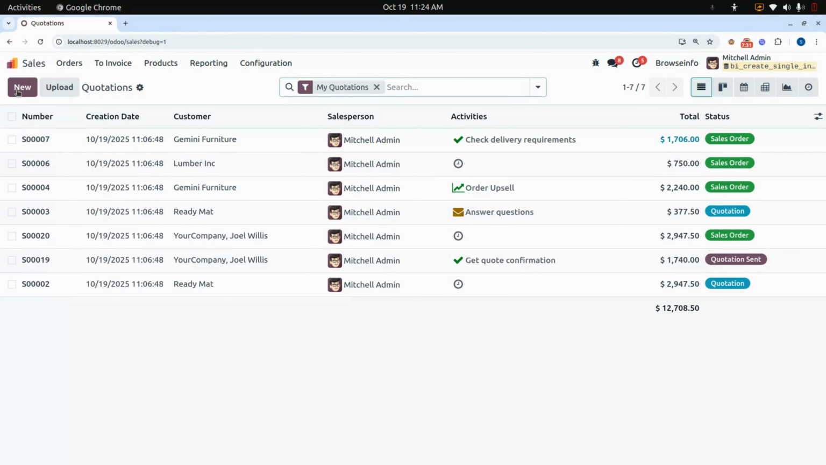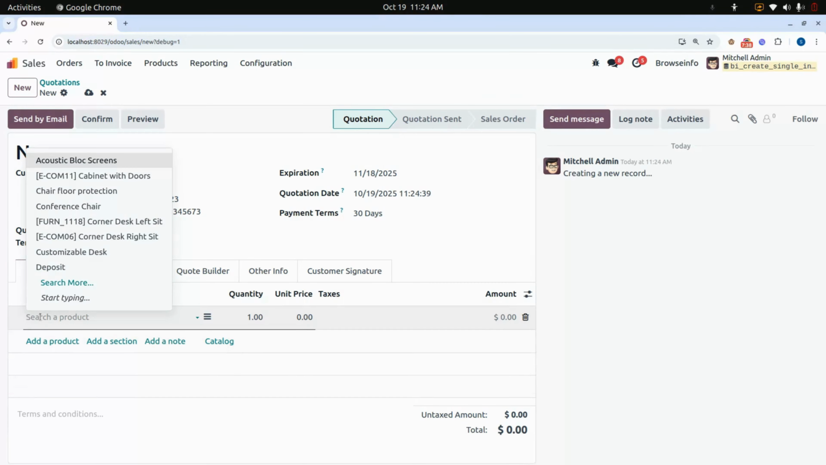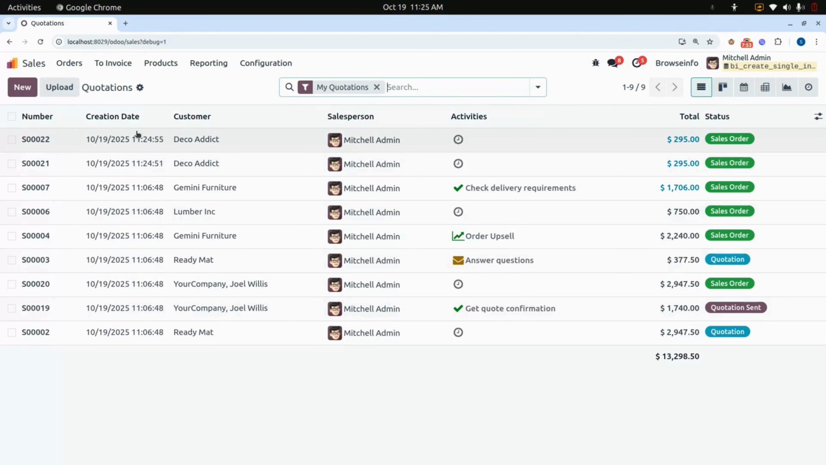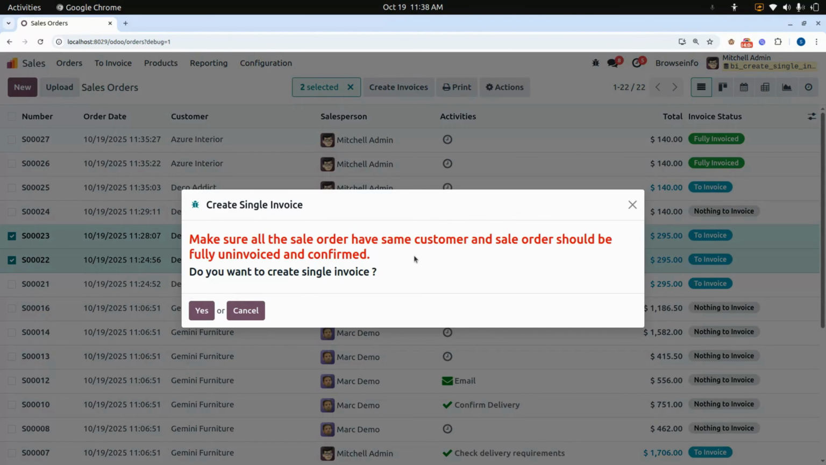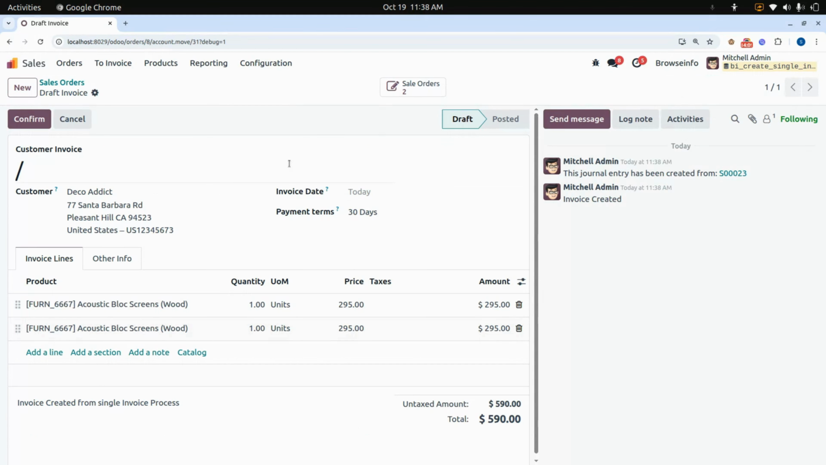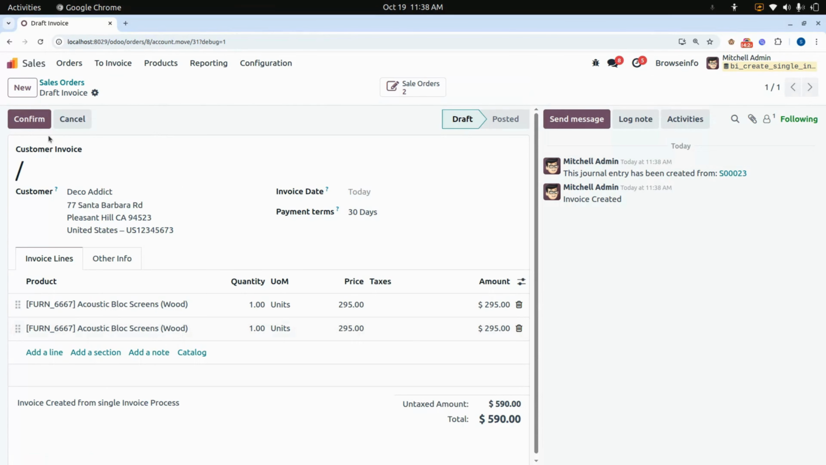and I'm going to create a new quotation for the same customer. Here you can see I have created a new quotation for the same customer, and I'm going to click on this Action button and select the same customer for the sale order. I'm going to proceed further, and you can see the single invoice is created for the customer, and one smart button of sales orders for two sales orders for the same customer. It will create the single invoice,